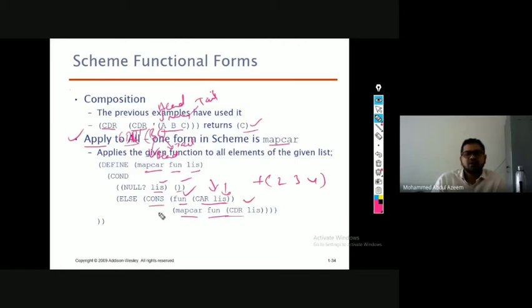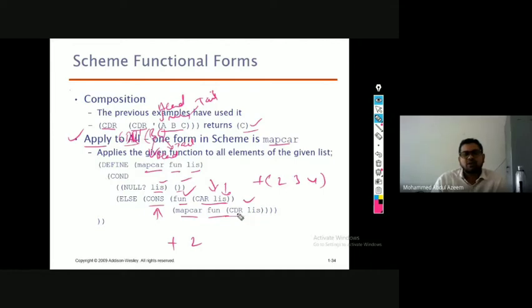Fun of car list, when you say fun, here it means plus. Car list is nothing but you are applying car on 2, 3, 4. What do you get here? 2 you get. Then what do you have? Map car. Map car means you are again calling the same function, right? By passing what? Now the list is decremented, right? With the help of CDR, what have you done? You are reducing it to the tail, rather. CDR returns the tail part of it. Tail part means 3, 4.